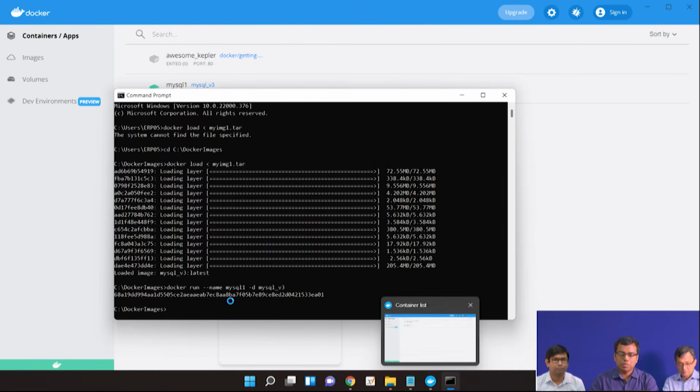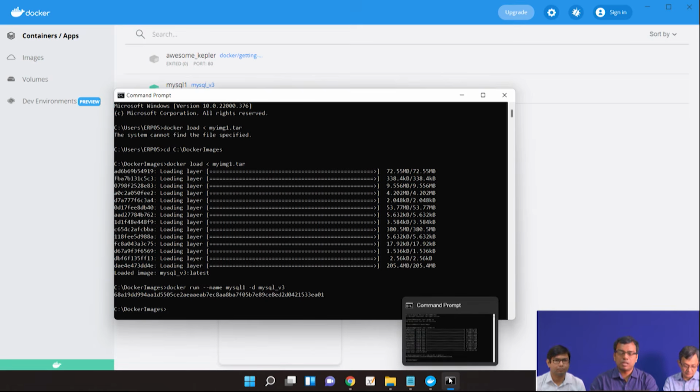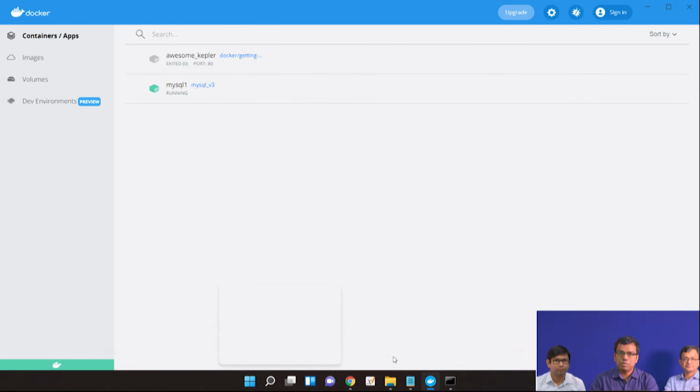Now it is the part of phpMyAdmin. We have shipped only the MySQL, because some tables are updated, some tables we have created, and we have inserted some data. So there is a change in the MySQL, but there is no change in phpMyAdmin. That is why we have not shipped that one. We are directly downloading it from Docker Hub.